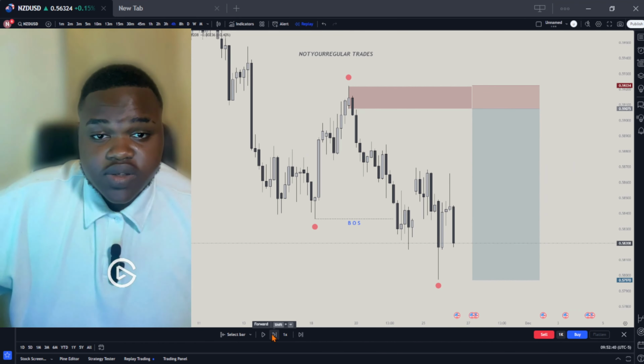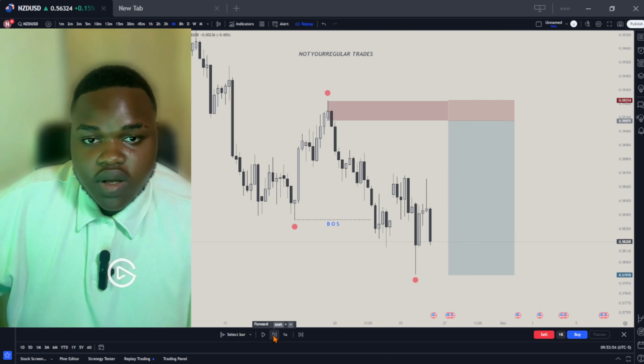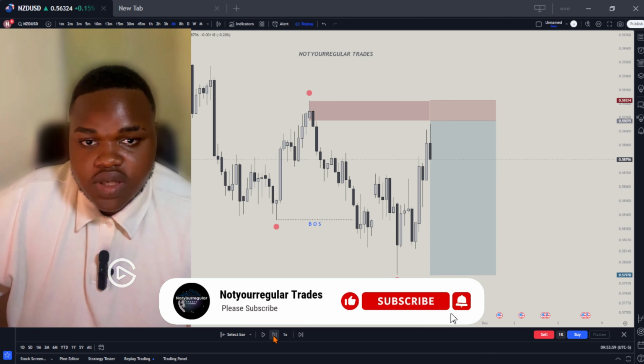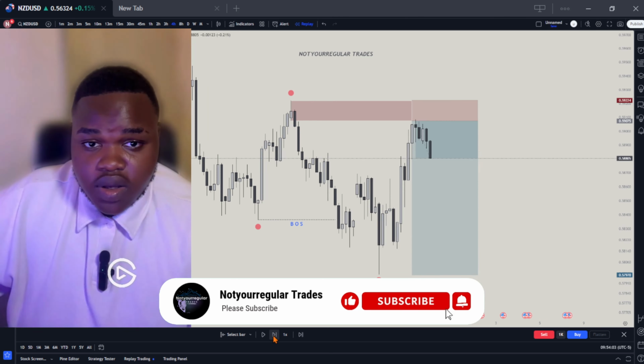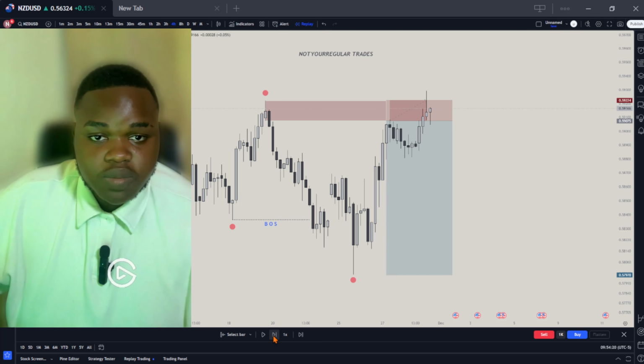I'm sure 99% of traders who trade order blocks have found themselves in a situation like this: you have an order block, then price comes all the way up, liquidates your order block, starts going your way, and ends up stopping you out. Well, I know this makes you doubt your strategy and how you trade. That's why I'm here to show you how to identify the correct order block and the most high probable order